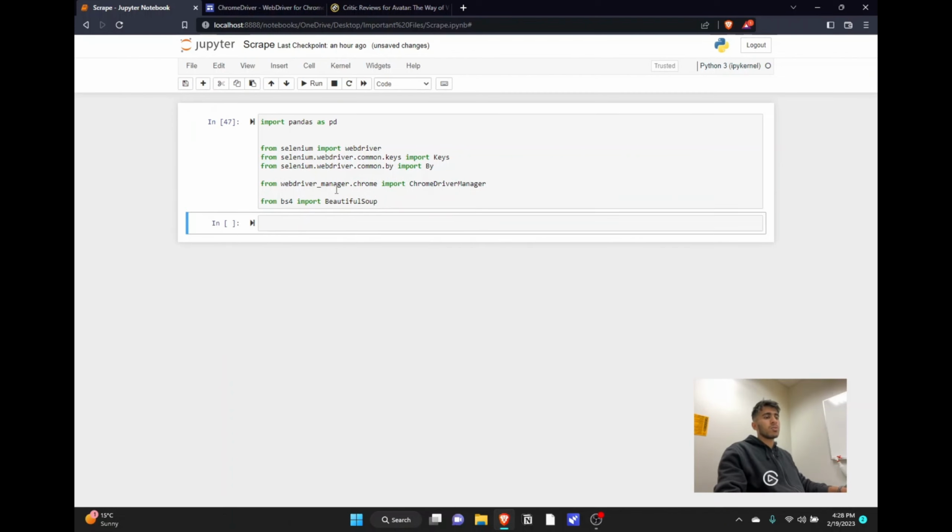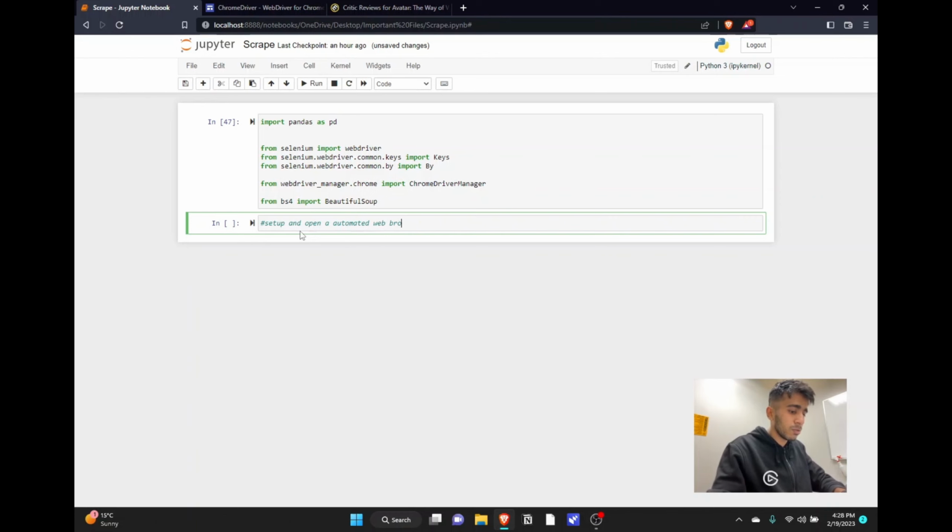Yep, sweet. So what I've done is that I've imported pandas, which will help us create a data frame, obviously. Then I've imported Selenium, which will help us create an automated web browser. And within that web browser is where we are going to run Beautiful Soup to extract the tags and the text within those tags. That's what the whole project is all about. So let's just set up and open an